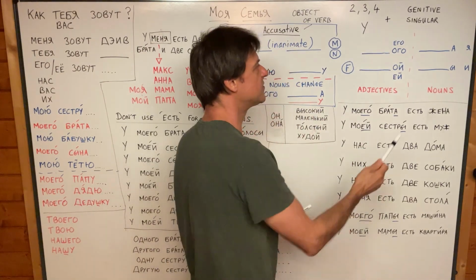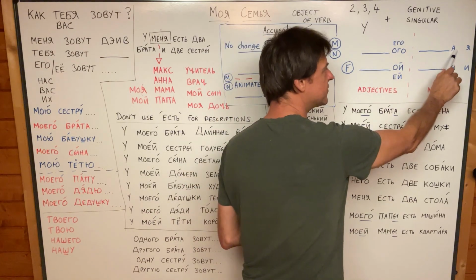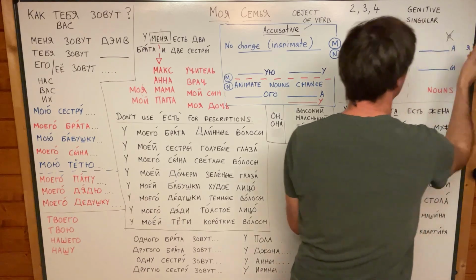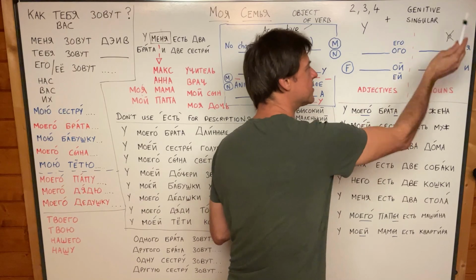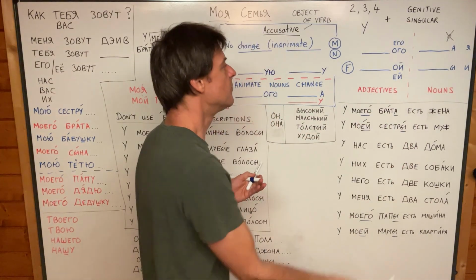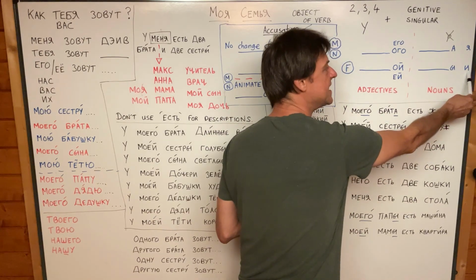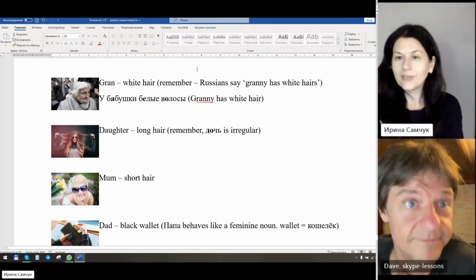And genitive case, you need an a on the end of masculine or neuter nouns. And of course, you do get rid of the o on a neuter noun. You change the o to an a if it's a neuter noun. And with a masculine noun, you just put an a at the end of it. With feminine nouns, you put an i or an e. The softer ending is an e. It's an i, the harder ending. The softer ending is an e after k.